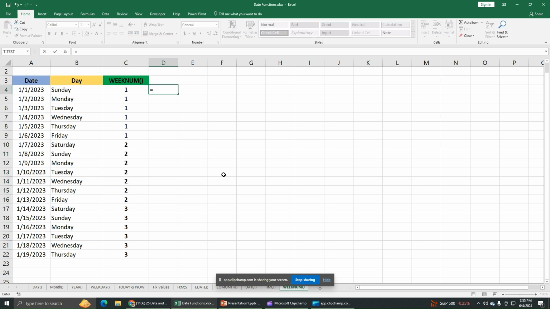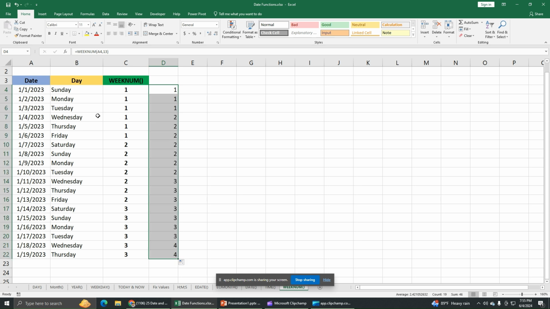Let's see another example. Double click on this, take this, comma. Now select Wednesday to be the first day of the week. Double click, close bracket. Now this is Wednesday, so from here a new week will be started. So up to this there will be week number 1. So if I drag across, we can see up to this week number 1,